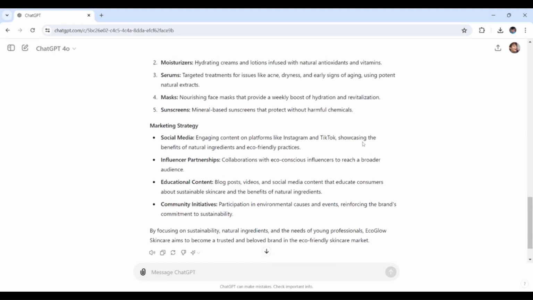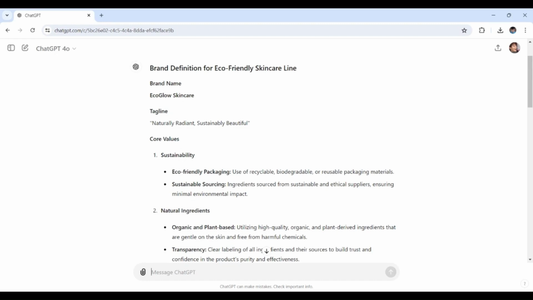Pretty cool. Step 2. Let's use ChatGPT to input our key information and generate some tagline options. However, as you can see right here, ChatGPT already suggested this tagline. However, if you're not satisfied with the one that ChatGPT generated earlier, we can take the brand definition we created in the first step and craft a detailed prompt for ChatGPT to generate another or more